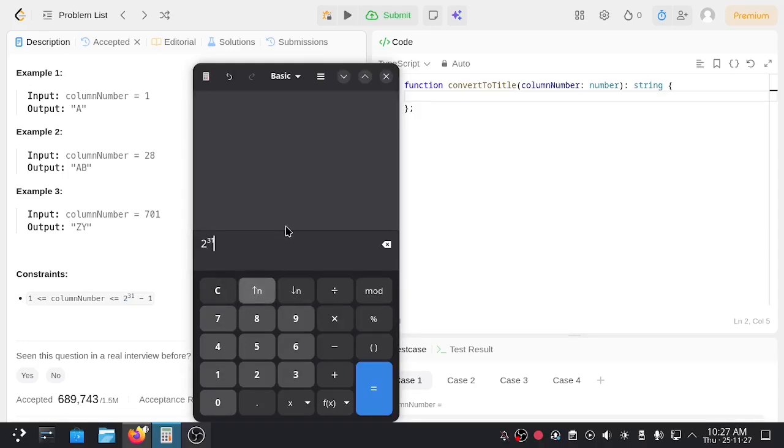What happens if we use 2 to the power of 31 and then subtract 1? Then we will get the maximum value of the integer variable, which is 2,147,000,000 and so on. Then if we divide this by 26, we get this number, which is 800, and of course this 82